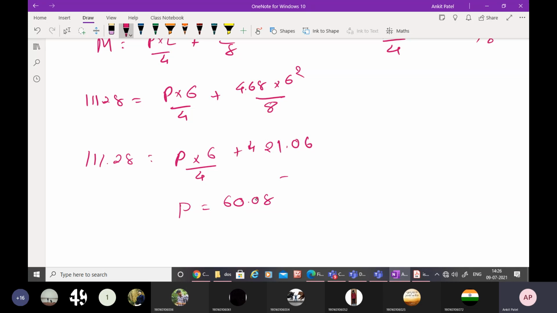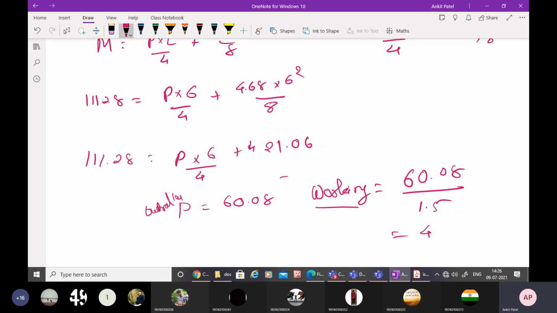So this is your factored load. So we have to determine the working load, that is, the actual load we have to apply in reality. To determine this, you have to just use this divided by 1.5. In the factored case we multiply by 1.5, and we want to find the working load, so we have to divide it by the factor of safety. So we will be able to get the answer 40.0002 or something. Clear? So this is a working load.